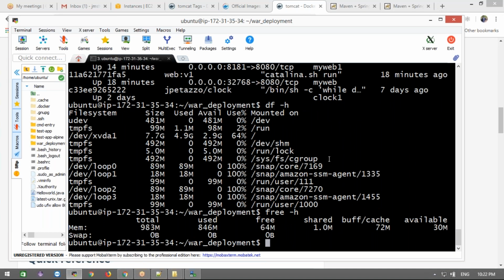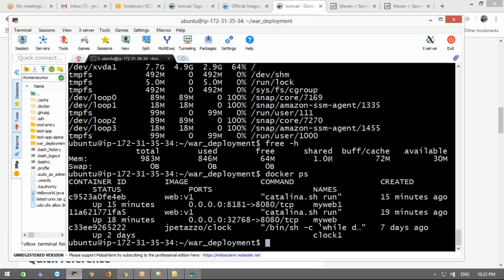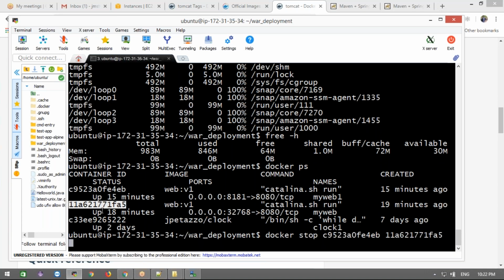I don't have much RAM. That's also not an issue. Docker PS. Or else try to find all the images on the Ubuntu machine and try to get rid of the old images.